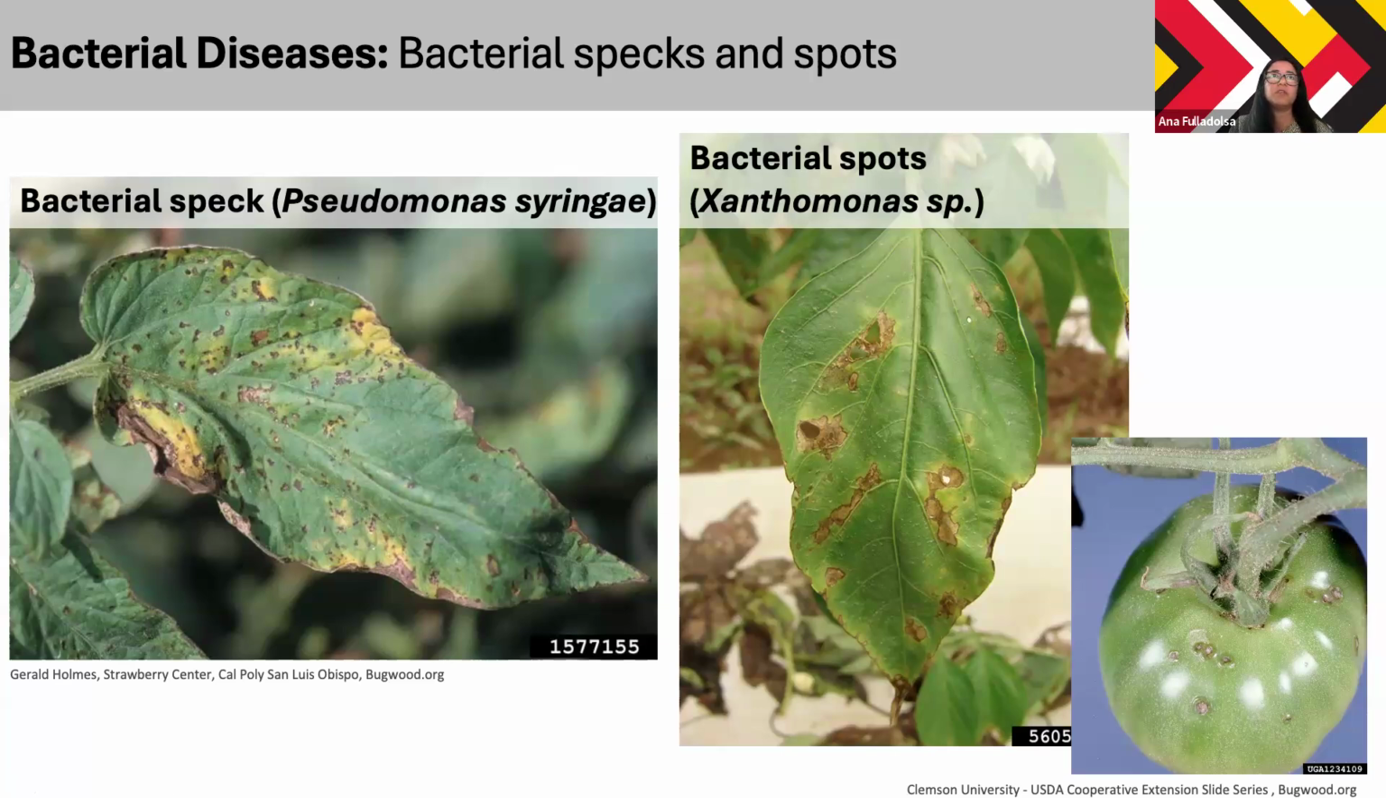For both of these, actually, you can see fruit symptoms, but in the case of xanthomonas, it's usually more prevalent. And so you see these little necrotic areas on the fruit. Sometimes they will be accompanied by halos and sometimes not. Yellow halos is what I mean. So there is a lot of yellowing that is around a lot of these specks and spots, which can help